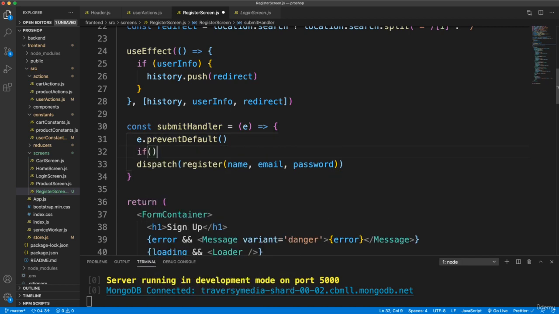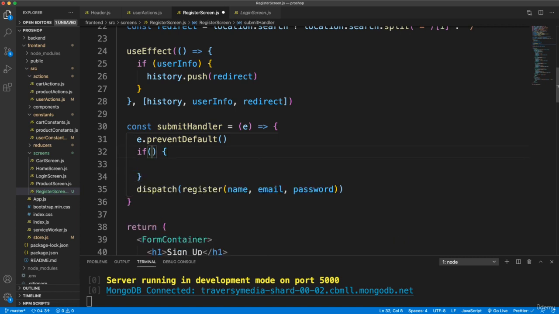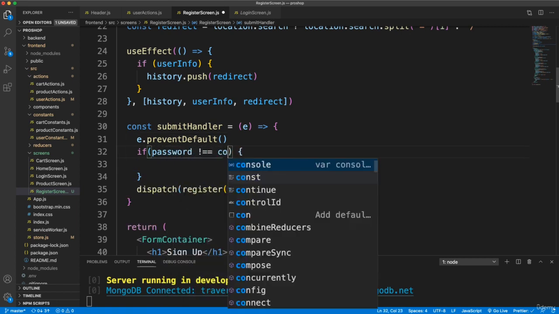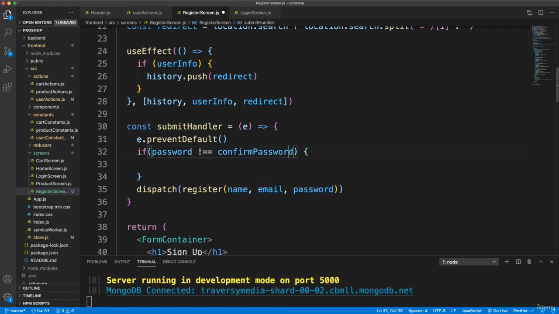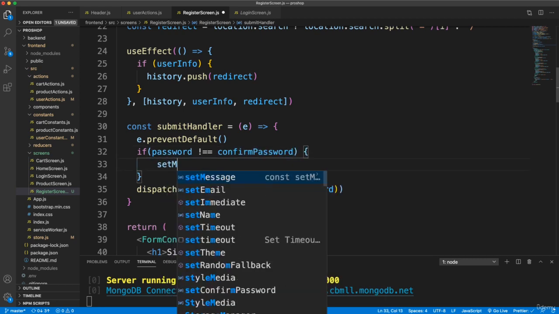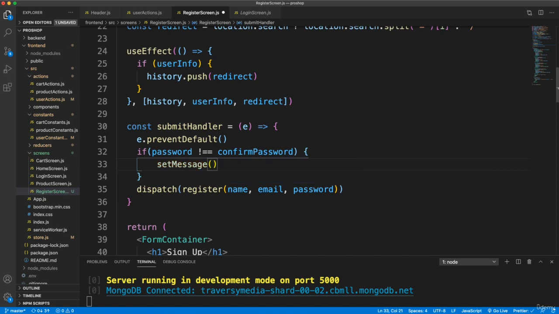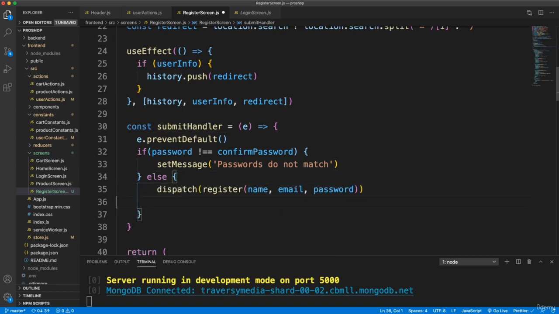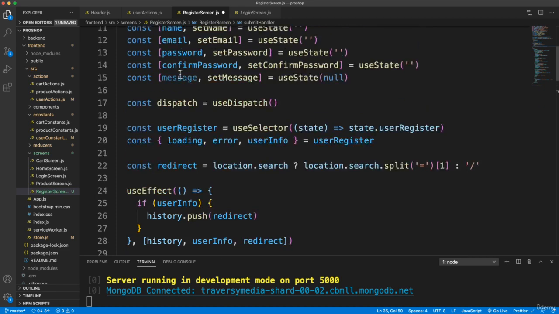So let's do if password is not equal to the confirm password in the component state, then I'm going to call set message, and let's say passwords do not match. Okay, so that's where that message state comes in. Else, so if they do match, then we're going to go ahead and dispatch our register. So this set message will fill this message here,